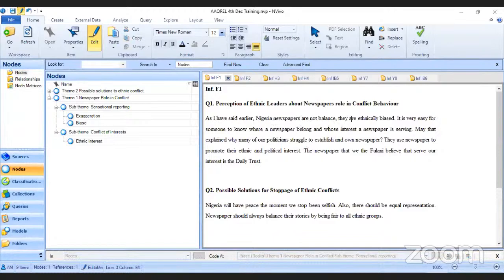Now it's saying something again about newspapers. Don't mind that we have balancing between this, but what we have here is ethnically biased. For the words ethnically biased, we can see that we've already coded one, ethnic interest. They are ethnically biased because they have ethnic interest in mind, meaning that statement is also worth coding. You highlight it, left click the mouse, then drag it. You don't raise your hand,